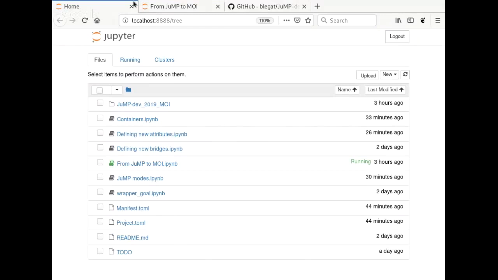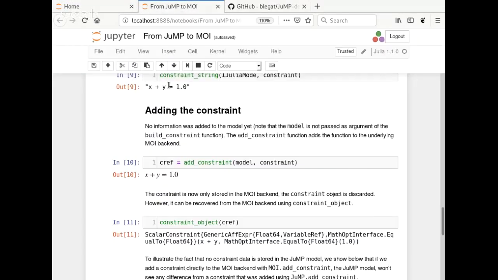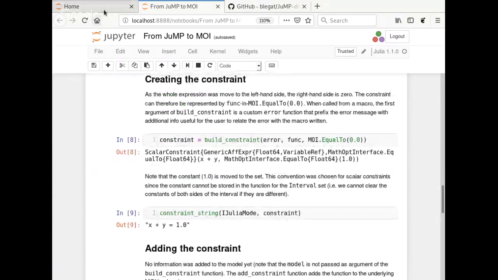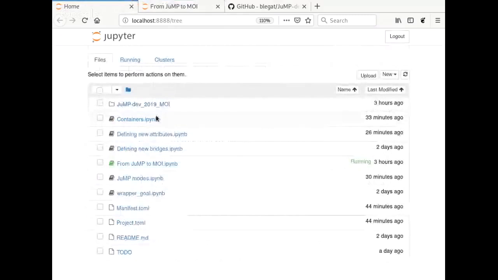Okay, so any question about this example? Okay. So now,